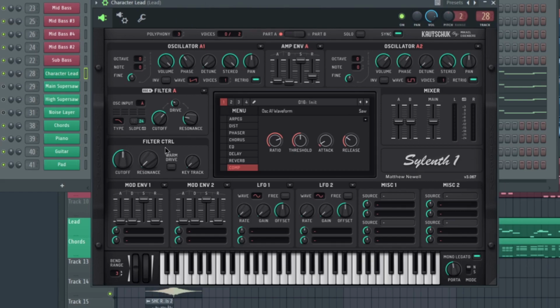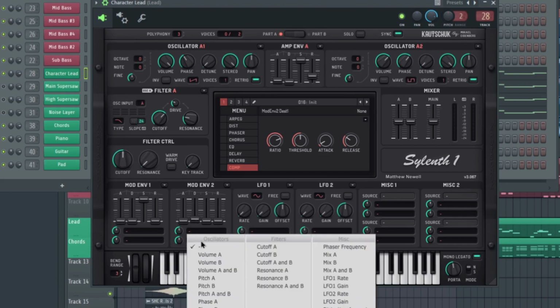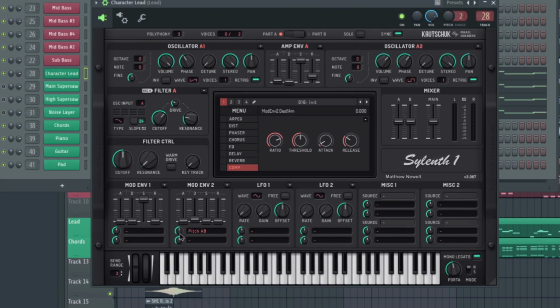And that will become a big part of getting grit, comes from the mod envelope and mostly the LFO. The mod envelope is to get an attacky transient. We want to up the decay on this a little bit, just a tad. We want to set this to pitch A and B. And we want to give this just a little bit of pitch. So now you end up with